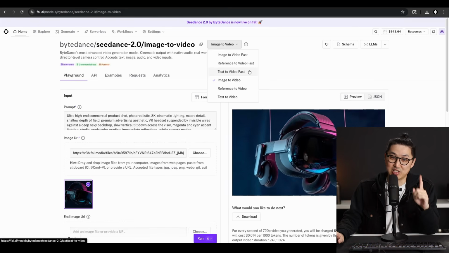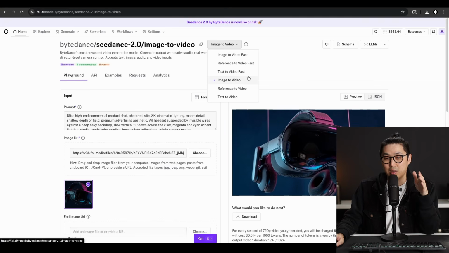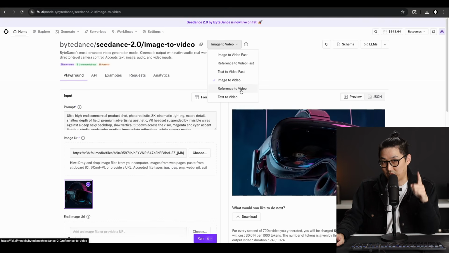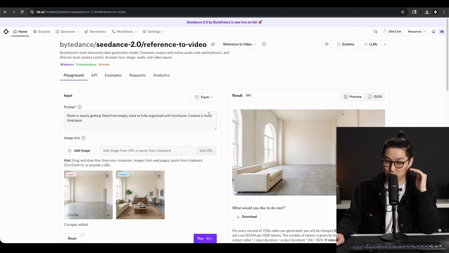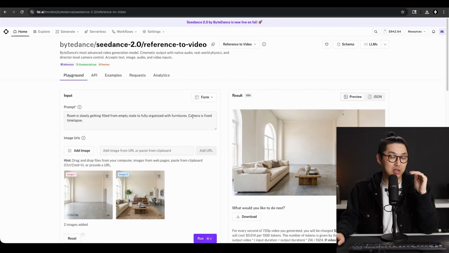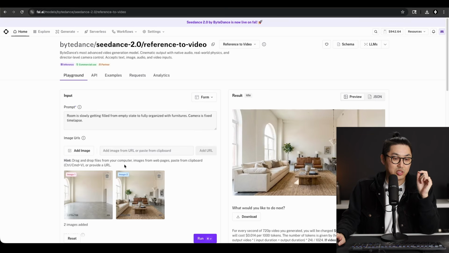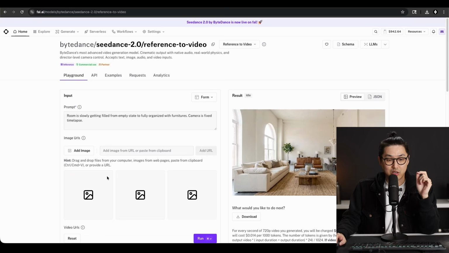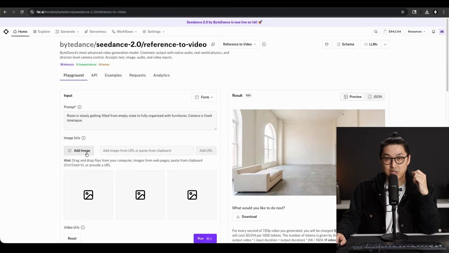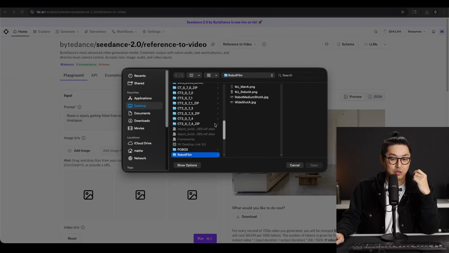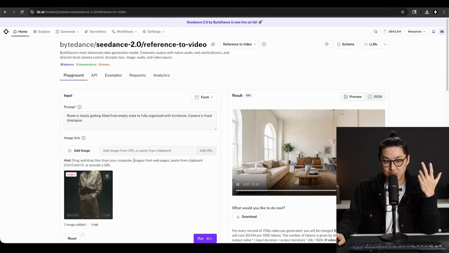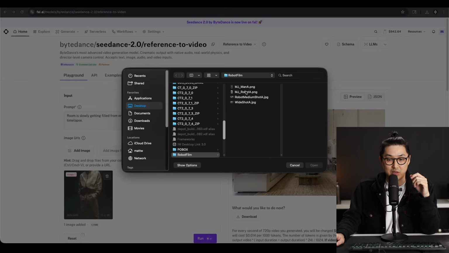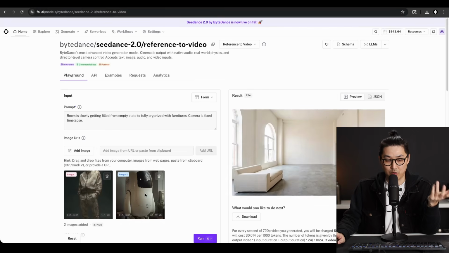However, we're going to go right into production mode and be dealing with primarily image to video and reference to video. So let's switch to reference to video here, and we're going to jump right into the deep end of creating the dialogue scene between the robot and the man. So we're going to have some reference images here, and I'm going to delete those, and we're going to bring in our own. So for this one, I created some images in Midjourney, and I'm adding those in right now, of a man and a robot.